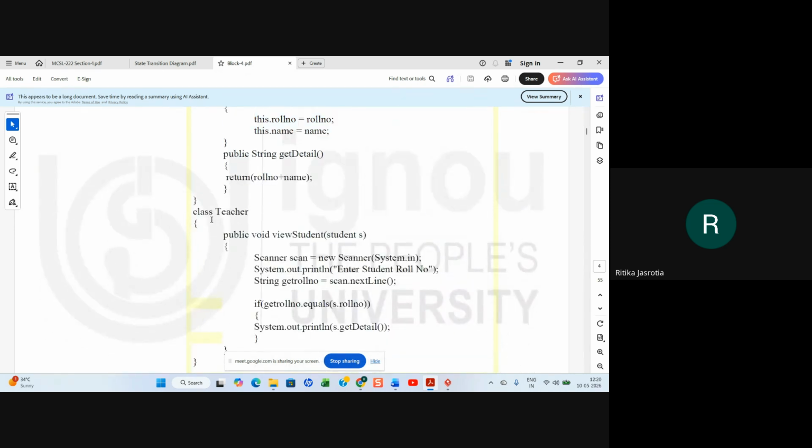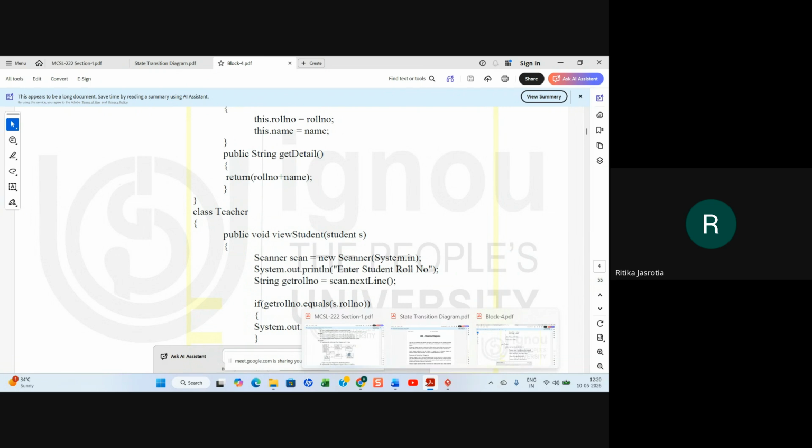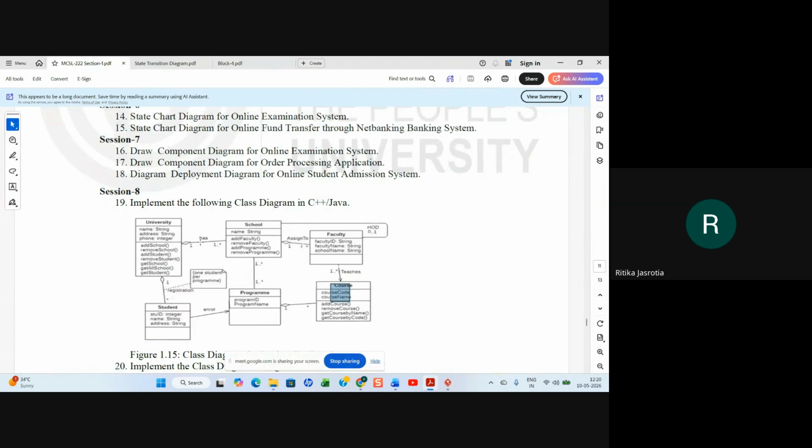And in the teacher class you are passing the student object here, and through that you are connecting to the teacher. A simple connection they are showing. Can you understand? Not the full code you have to show.